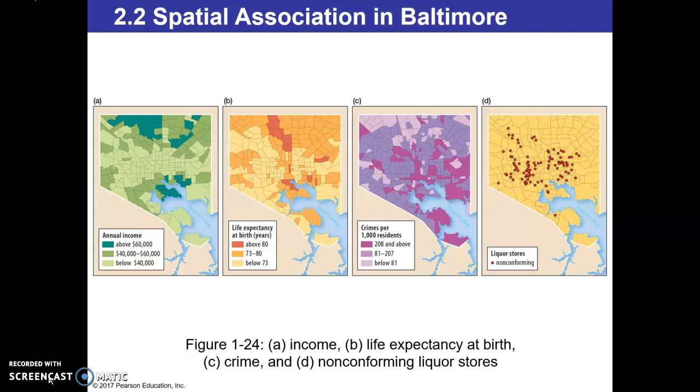Baltimore and many cities in the United States have passed laws to limit the number of liquor stores that can exist in a neighborhood. The liquor stores that existed before the laws passed, however, are non-conforming and can still operate. A disproportionate number of these liquor stores still remain in low-income areas, and high-income areas have far less.